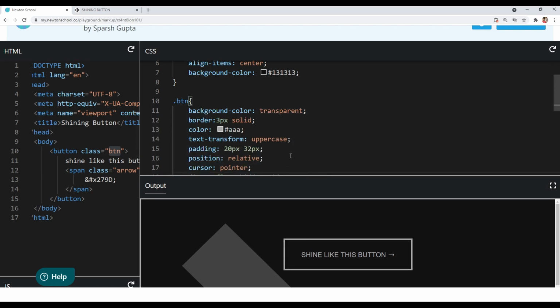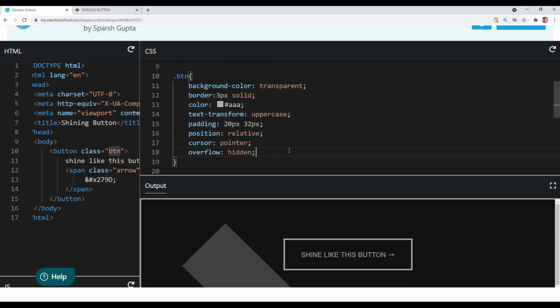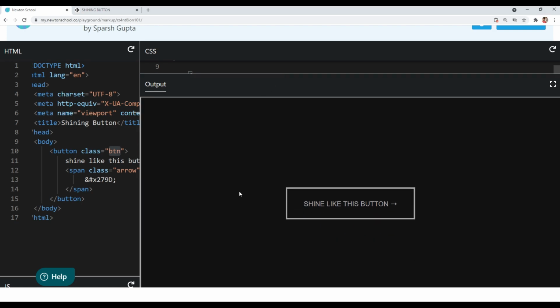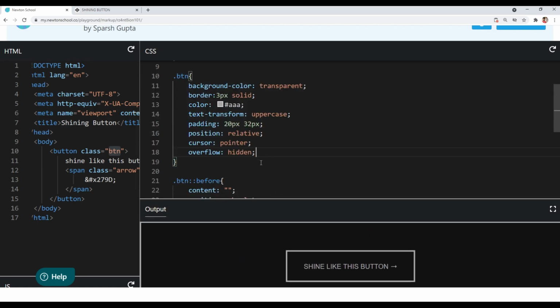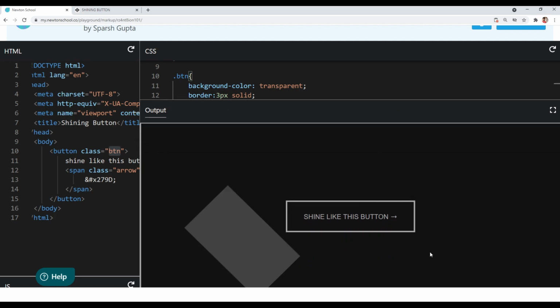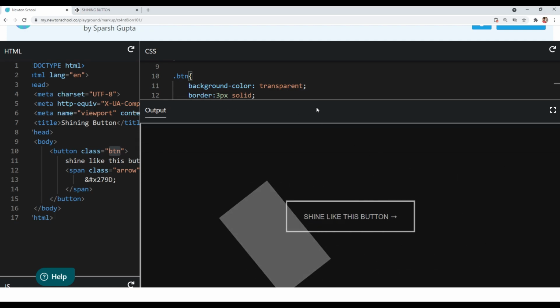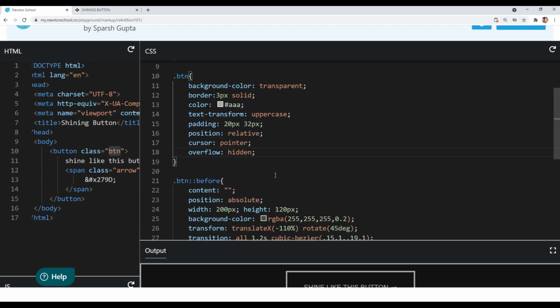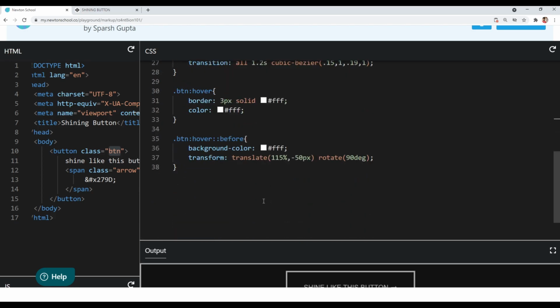Okay, so when we will use overflow hidden, the whole shiny element was outside of our button, so it's hidden, and only the part that is going through our button is visible. Okay, so if I will remove the overflow hidden, you can see it is going from left to right, but if I will use overflow hidden, only part of our shiny element that is going through our button is visible, so it is creating a shine effect. Okay, so this was the main part to consider while creating this shiny effect.